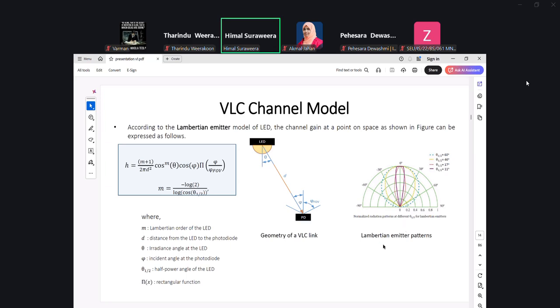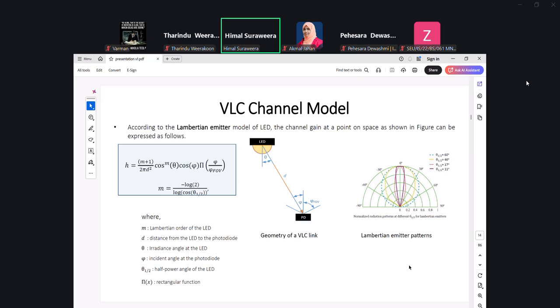However, if you want to provide services to a broader area, to improve the coverage, you need a much wider beam. That can be achieved by increasing the half power angle. But the disadvantage is that now you will create interference to many users by spreading the transmitted light beam. So there are different trade-offs that you can discuss about narrow beams, wider beams, and so on.